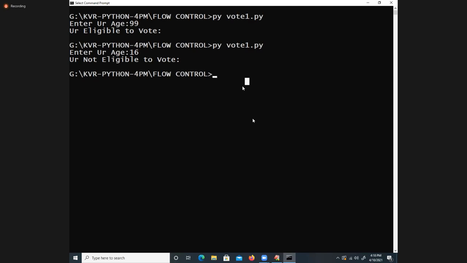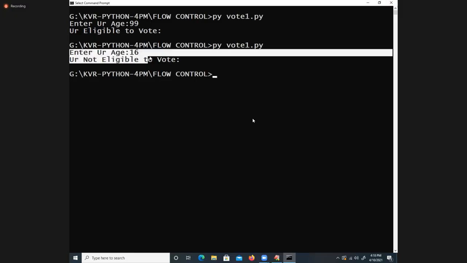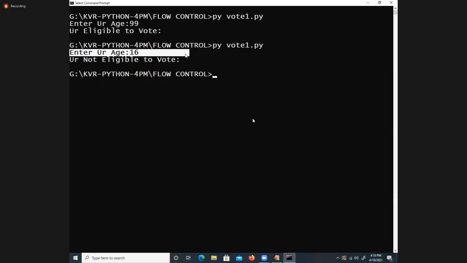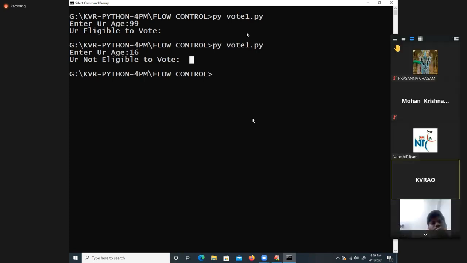But in the real world, it is strictly suggested, when something is wrong, like our username and password, dear students, if you enter a wrong username and password, it asks again. Do you remember that? Think about it. Have you observed that or not? Is it asking again or not? Yes. So that type of code I want.